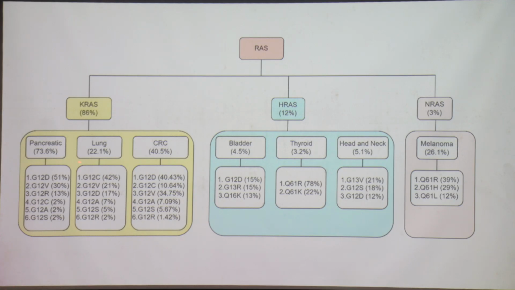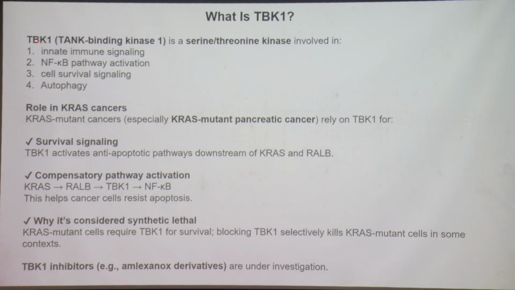Pancreatic cancer is an extremely aggressive cancer, and 73% of pancreatic cancers have these mutations. So this TBK1 is a serine threonine kinase. Remember I told you there are three kinds of kinase: serine threonine, tyrosine, and dual kinases, which can phosphorylate both tyrosine and serine threonine. For our purposes, just remember TBK1 is involved in cell survival signaling. And KRAS dependent cancers are highly dependent on TBK1 for survival signaling,